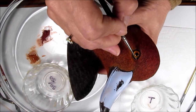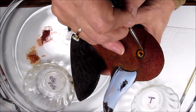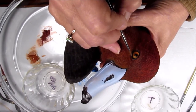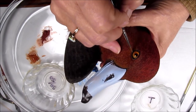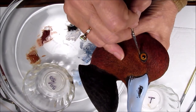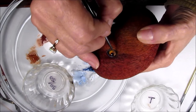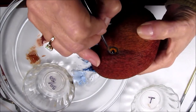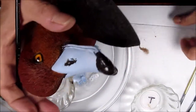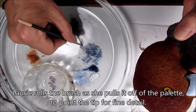But all I'm going to do is add little dots of detail around that outer edge of the eye ring. And see how light it looks, even though it's a darker bluish gray. Do the same thing on this side without touching the bill, end of the bill. Alright, just a little tiny